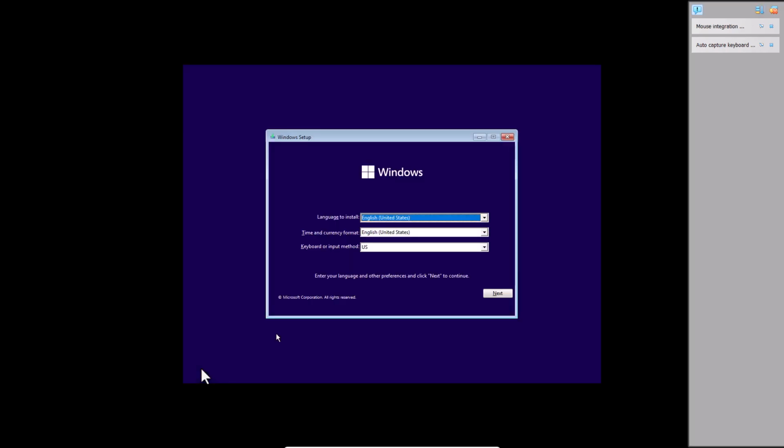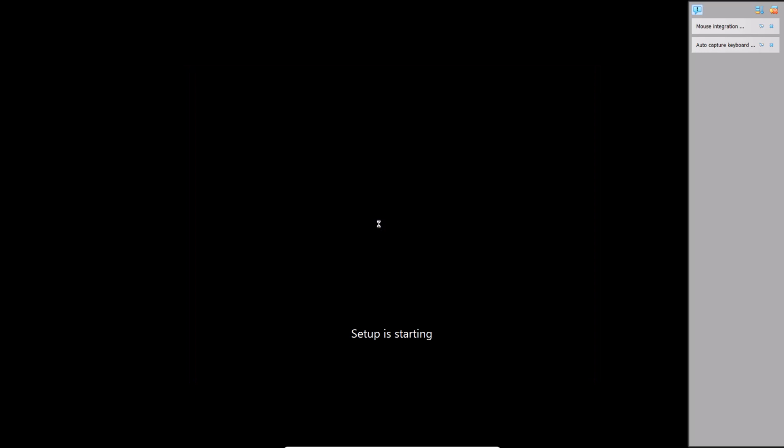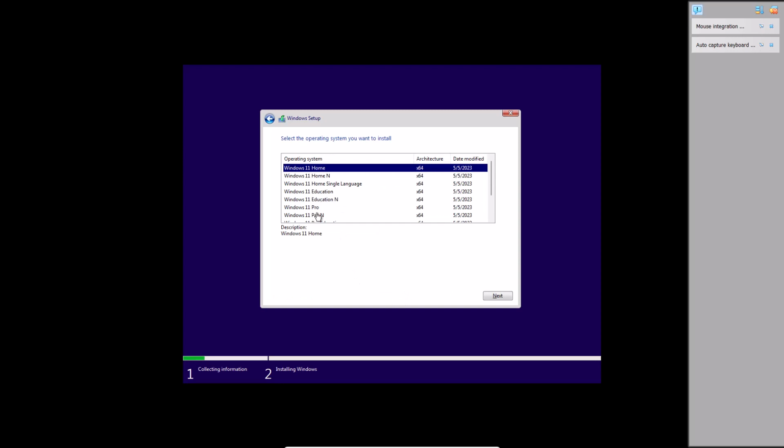Wait, see, our Windows ISO is loading for the installation process. See, now we need to select, I'm selecting by default here. Next, install now. Setup is starting. In our case, we don't have a product key, so I'm going to click here, I don't have a product key. I'm going to select Windows 11 Pro. So you can choose according to your choice and flavor. Next,